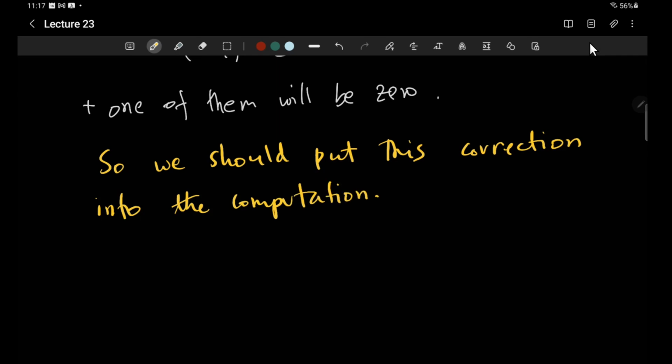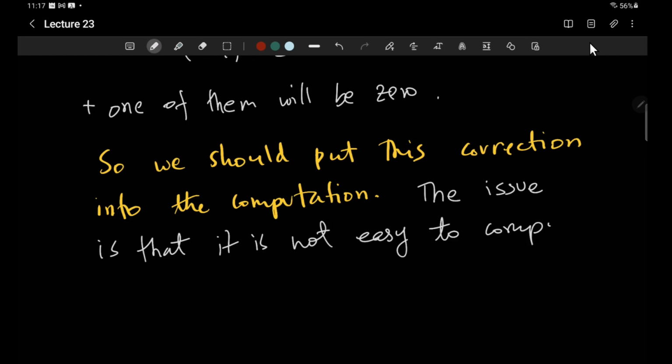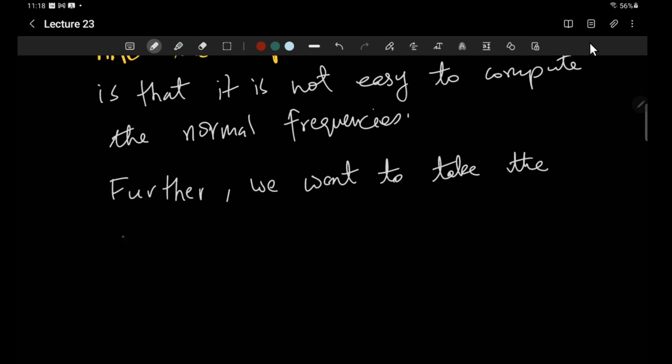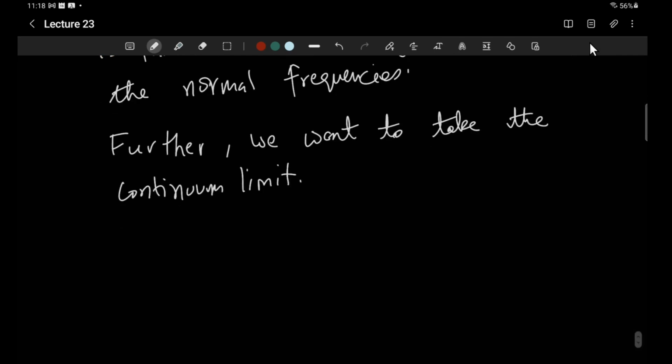Okay, but the issue is that it is not easy to compute the normal frequencies. So what we will do is, and that is one thing. Further, we want to take the continuum limit. Okay, so this is what we want to do. So it's really not something which we need to do, but the idea is that what we do is